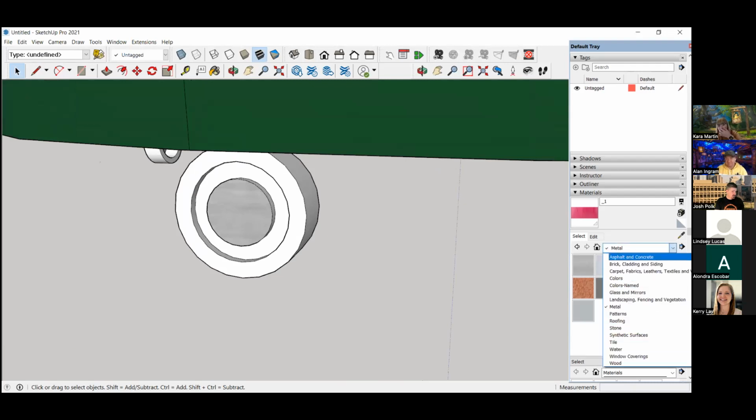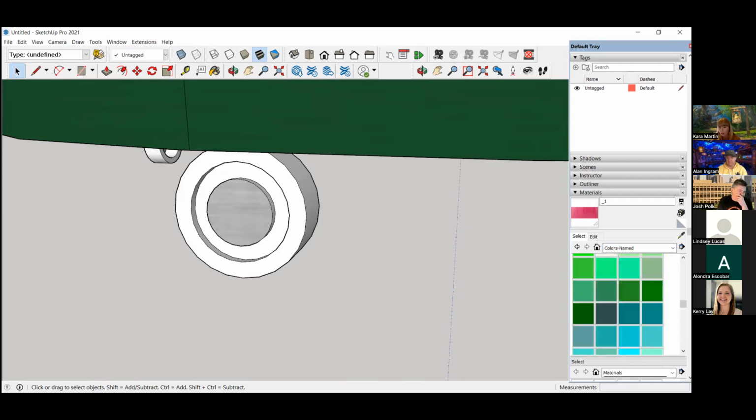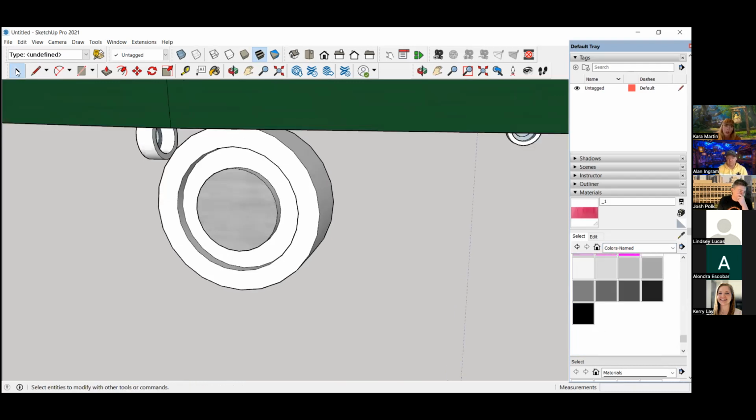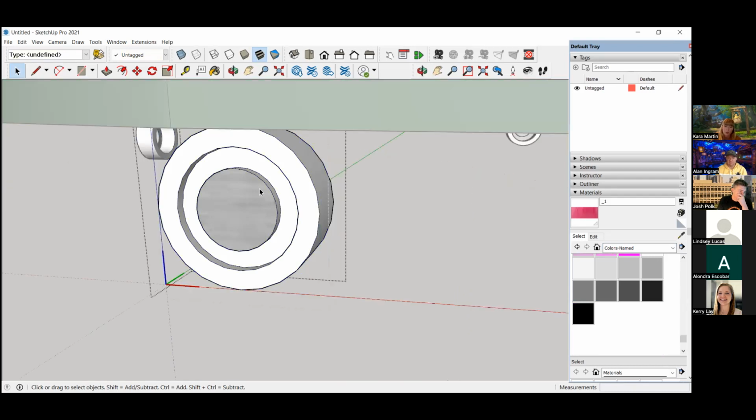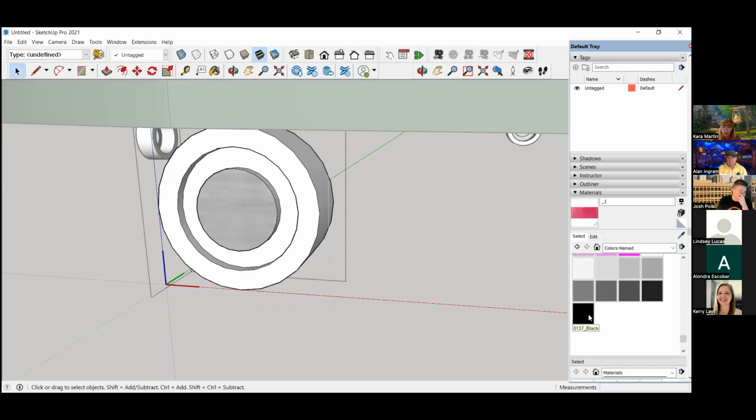So going to the preloaded materials, dropping down into colors, or you can do colors named. They're the exact same thing, but named just tells you the color instead of being like color 0038, but it'll say orange also. So anyway, scroll all the way down to the bottom and you should see a black. Again, I'm gonna click completely into the wheel. So double clicking, selecting black,